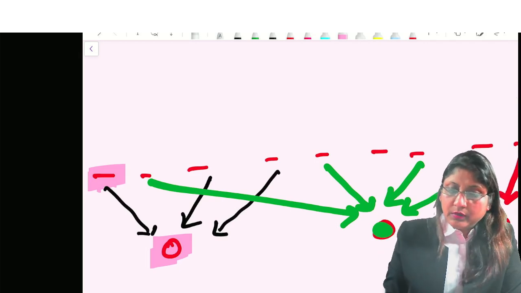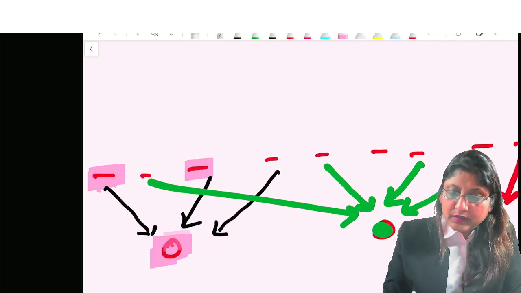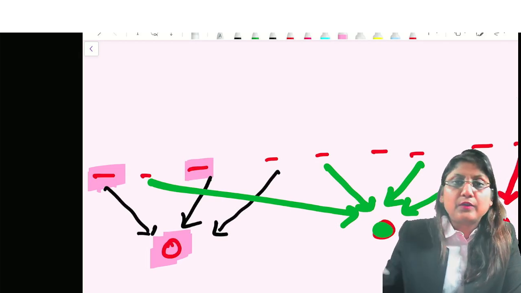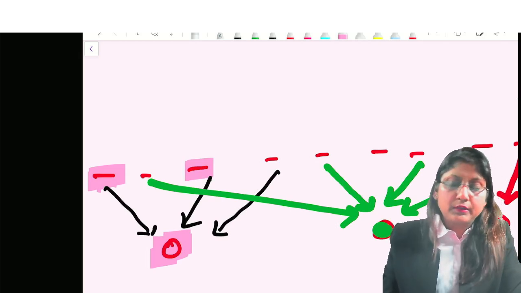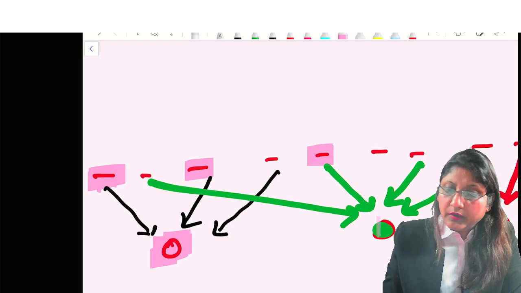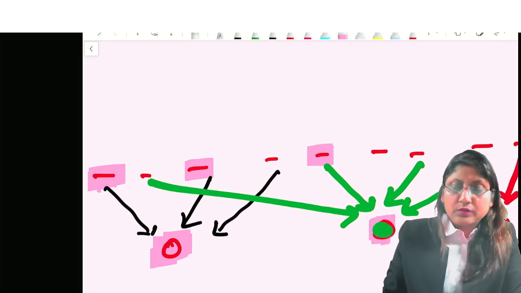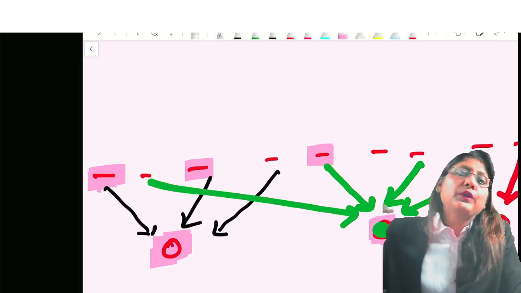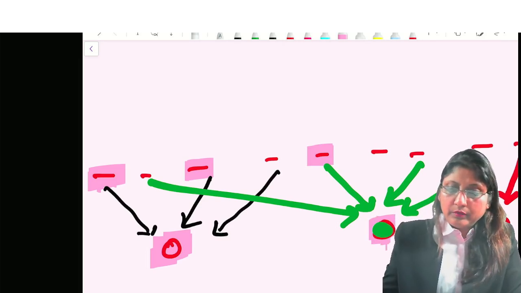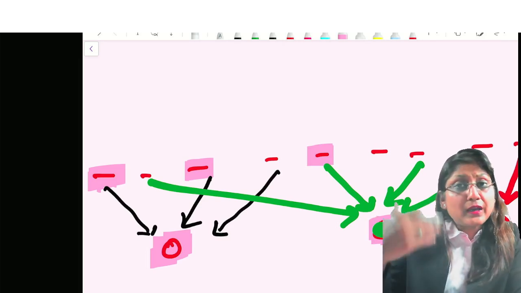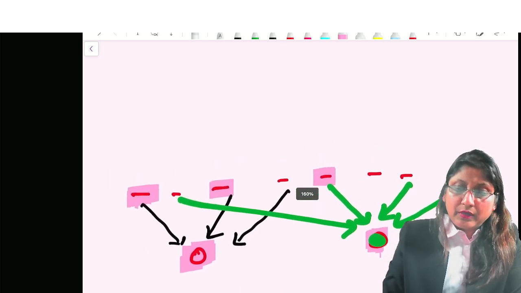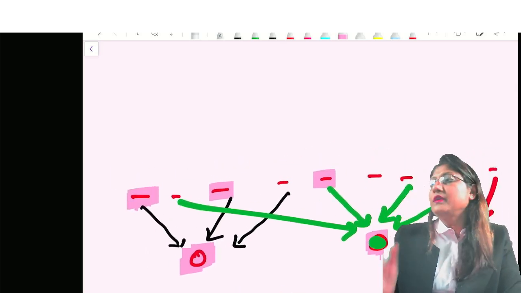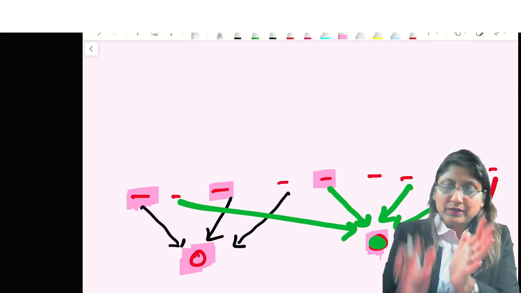amino acid. Similarly, suppose this codon has coded this amino acid, you don't see any other arrow coming out of it. It's not going to code any other amino acid. This codon coding this amino acid, that's dedicated to this. Codon is dedicated to this amino acid, not going anywhere else for coding any other amino acid. This is called unambiguity. So please try to understand the degeneration and unambiguity, which clearly you can understand using this